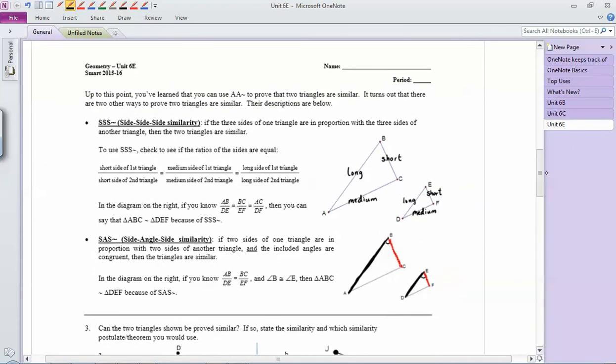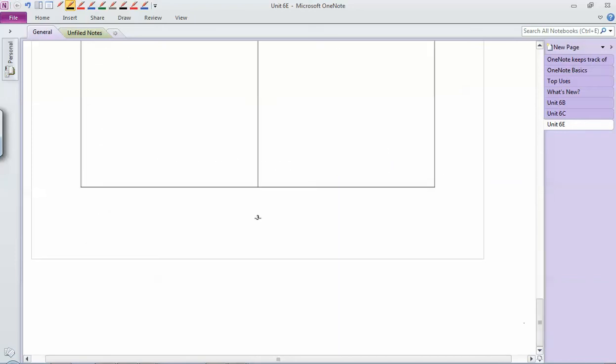So this next chunk here is a lot of text. Really what it's saying is the other two ways of proving two triangles are similar to each other. So we got AA, but it turns out you can also do SSS and SAS similarity. So the way you match up sides is you set up proportions. So here, I'll make up an example. You don't have to write this down, but I'll just kind of tack this on down here at